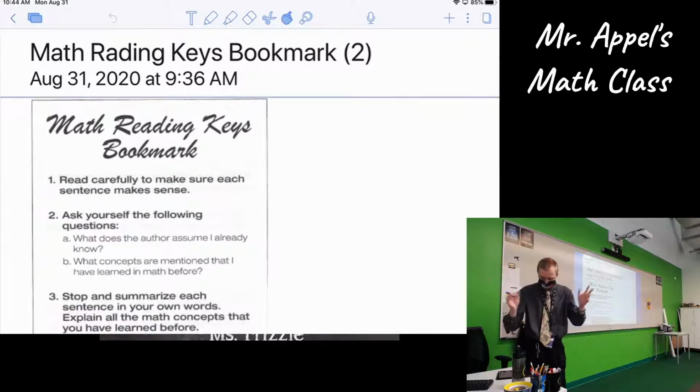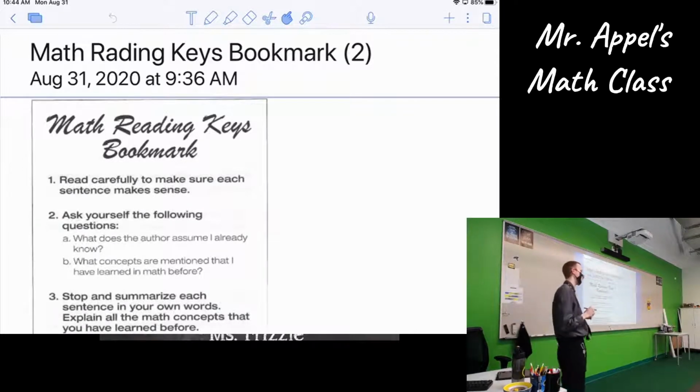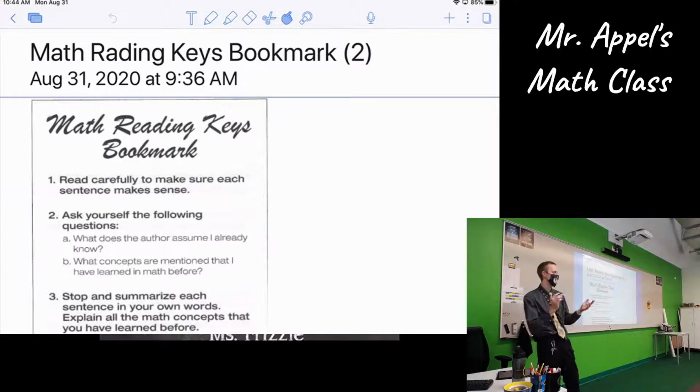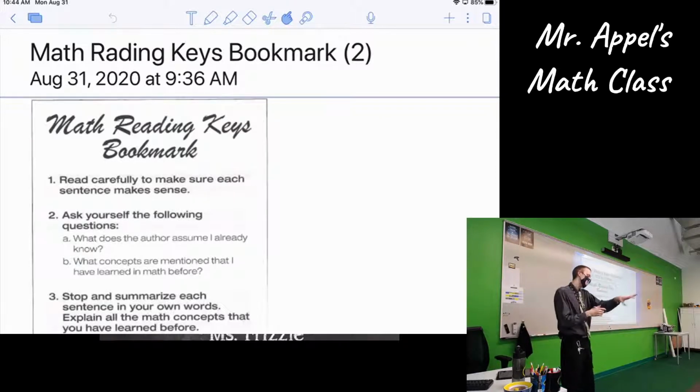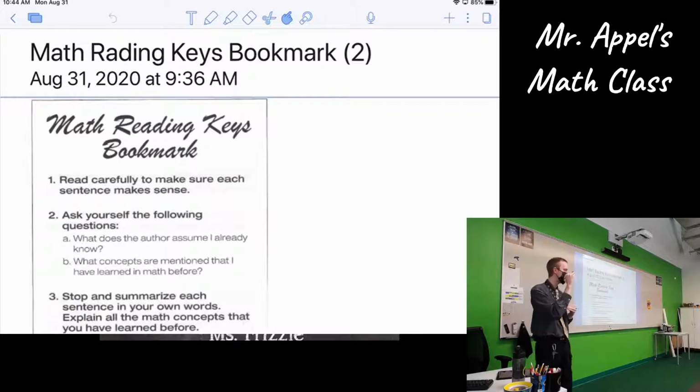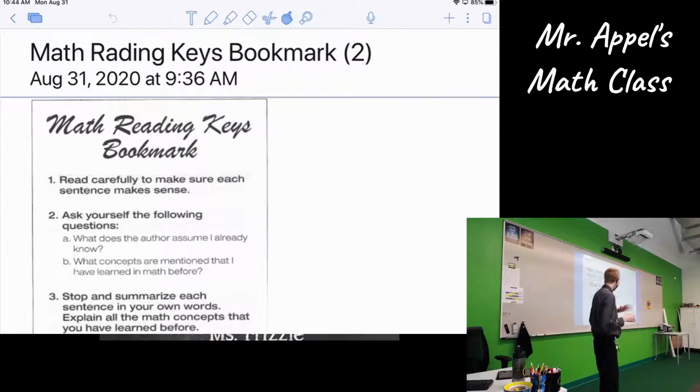Here we go. Read carefully. Make sure each sentence makes sense. Okay? It's one of those things that it should be part of your everyday reading technique, but a lot of people, you get lazy, you get in a hurry, like, okay, yeah, I didn't quite get that, but I'll just go on to the next one. Maybe it'll make more sense. No. Go back, reread the sentence if you have to. Make sure each point makes sense as you go. And then ask yourself, maybe not every sentence,